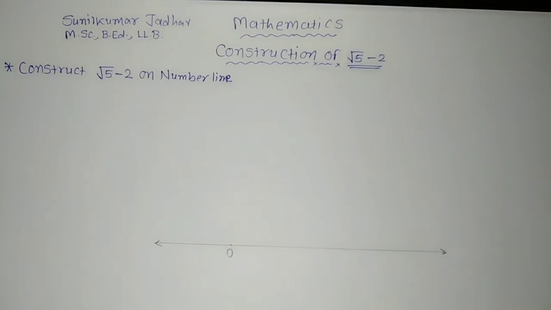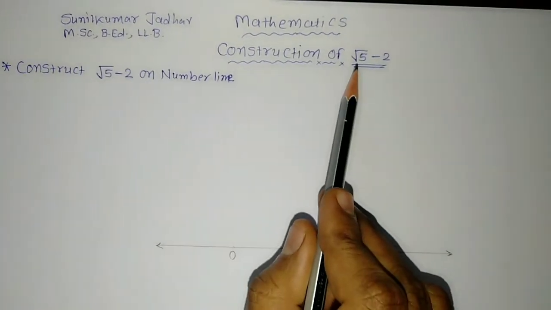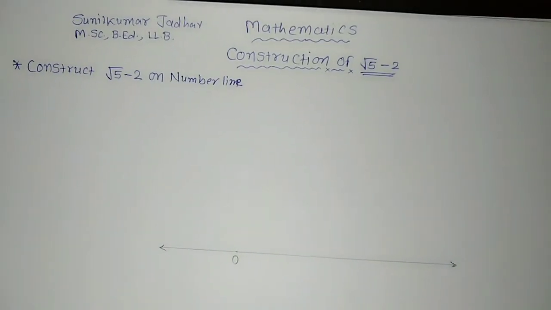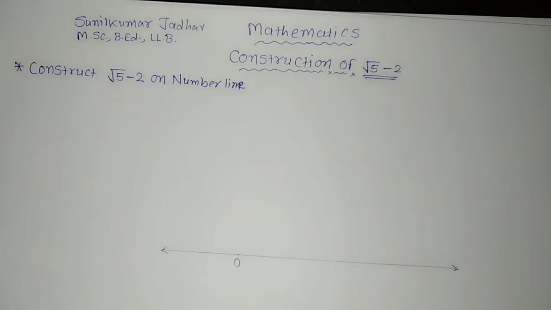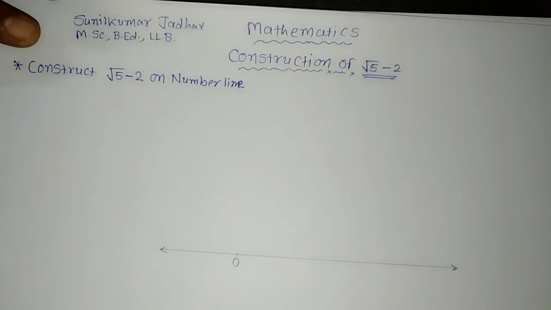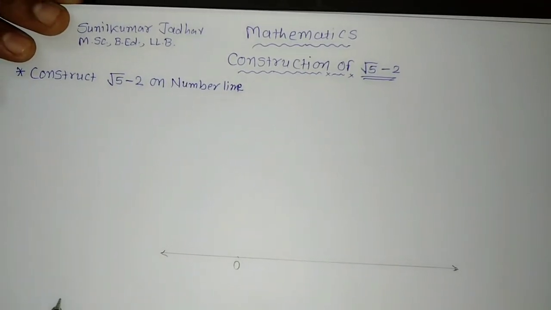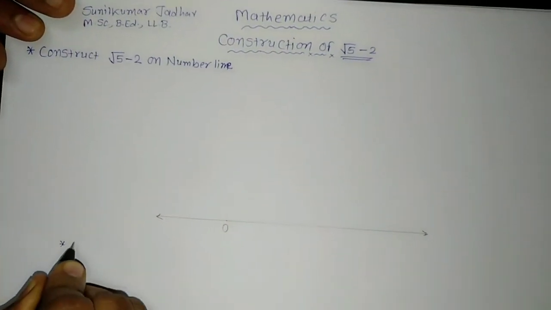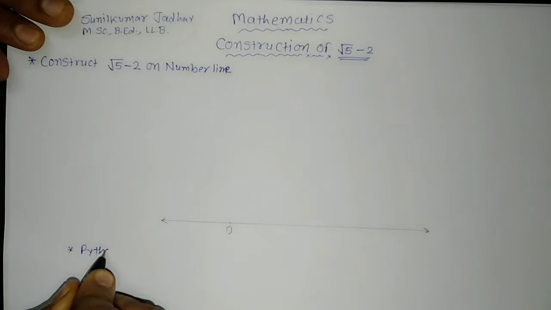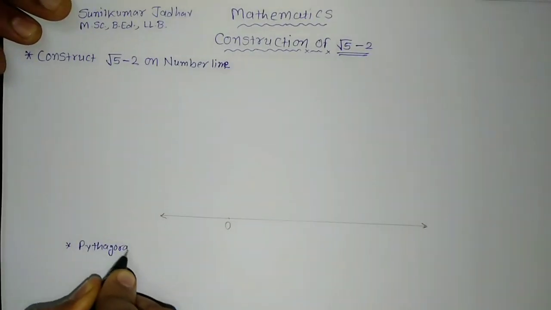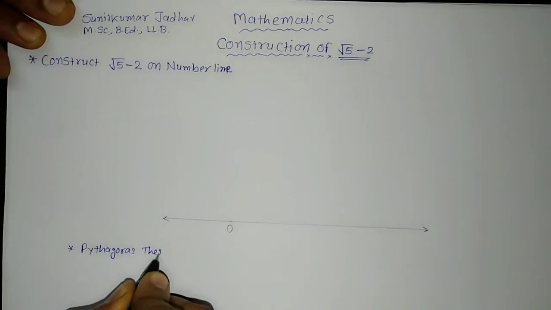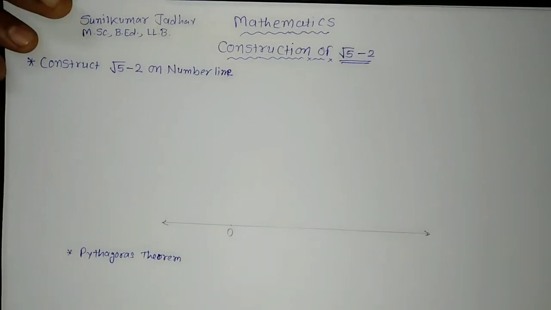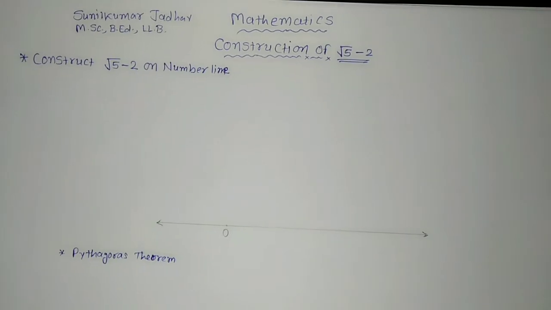Now first of all, in this we need to take root 5. You know how to take root 5. We have already seen in the earlier video how you can construct root 5. So for constructing root 5 we will use the Pythagoras theorem. I will show you the calculation here, so you should understand. Pythagoras theorem that we will use, and we will construct. For that, first of all I will consider that